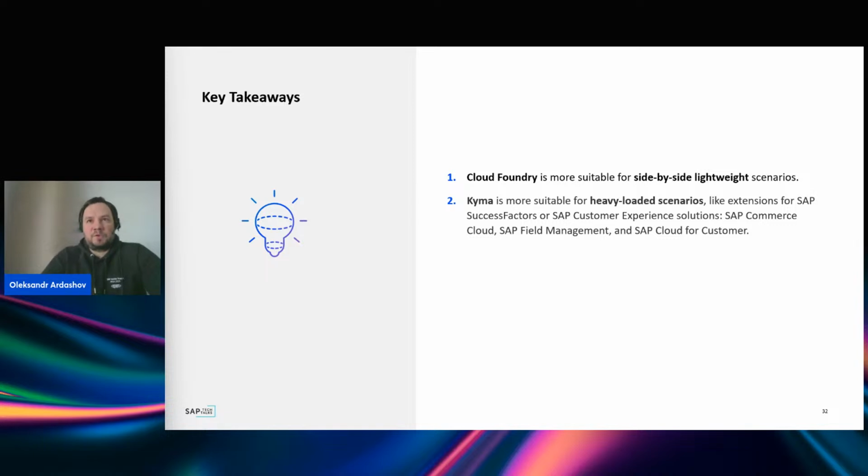What about Kyma? So Kyma is suitable for heavy loaded scenarios. As we already mentioned, it is based on the Kubernetes cluster. A Kubernetes cluster consumes a lot of resources from the very beginning, and there is no surprise that heavy loaded SAP solutions are extended with the Kyma environment. And as an example, we have SAP SuccessFactors, for example. SAP SuccessFactors may have quite complex